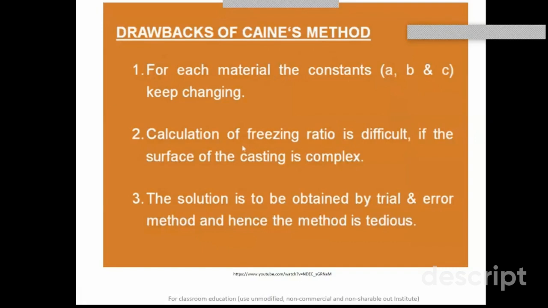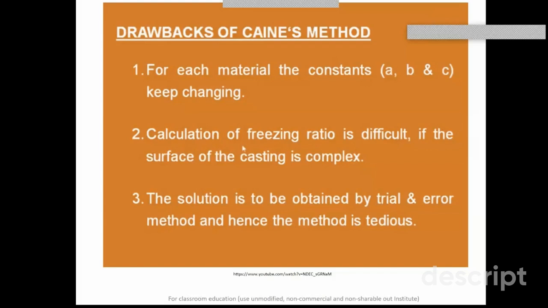In our last lecture, we were discussing the methods of riser design. And so we had discussed this Caine's method. In this method, we were calculating two different parameters. One was the freezing ratio and the other was the volume ratio. Freezing ratio is basically the ratio of the cooling characteristic of the casting to the cooling characteristic of your riser,